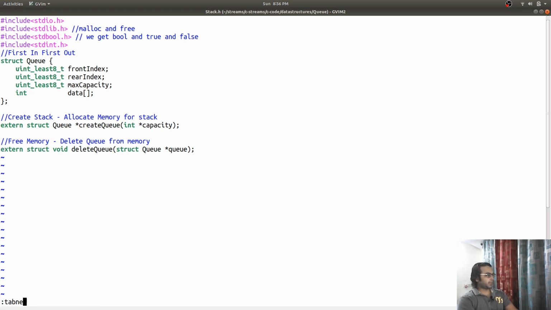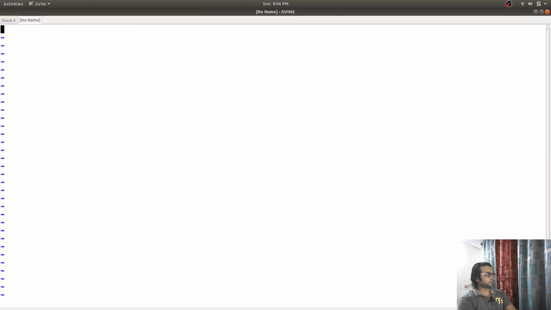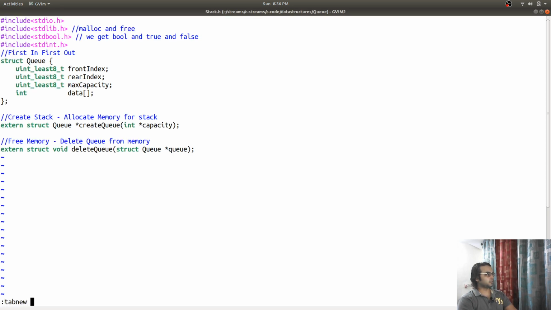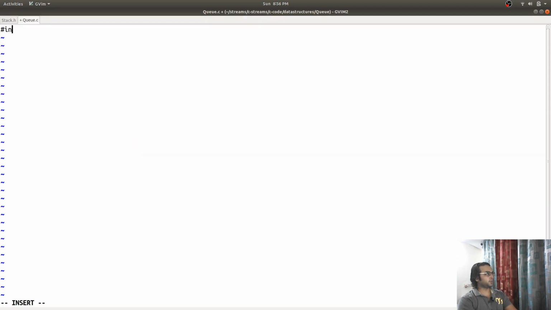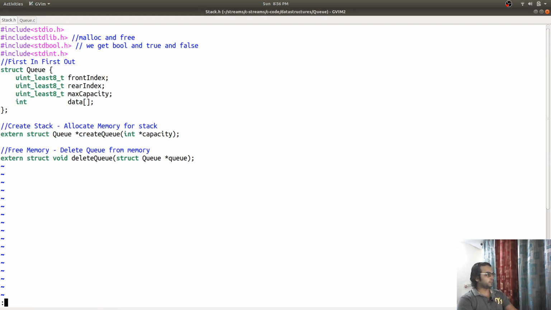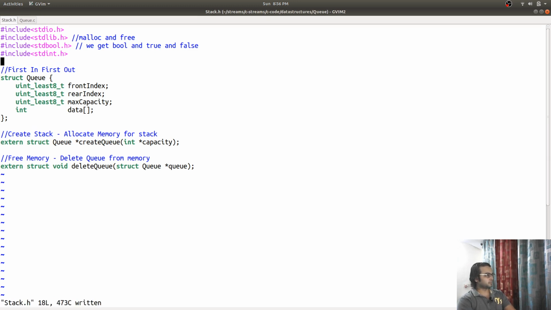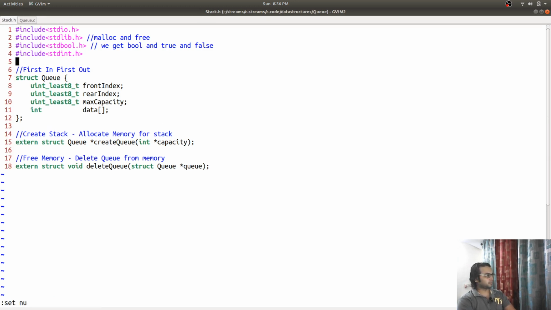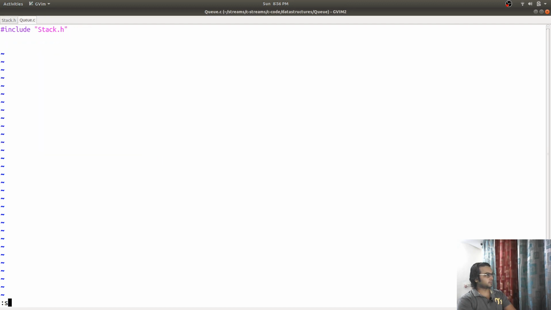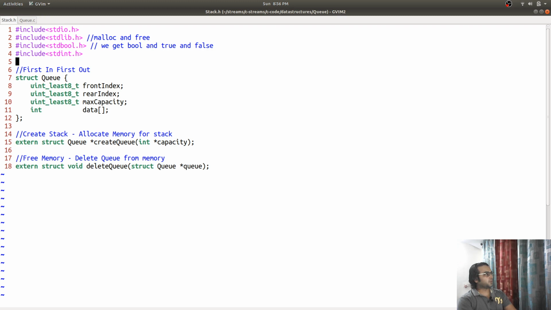Next I'm going to create a file that is going to use this header file. It is going to include queue.h, and with this inclusion all the header files that we have declared at the top are going to come. So first thing we are going to implement is